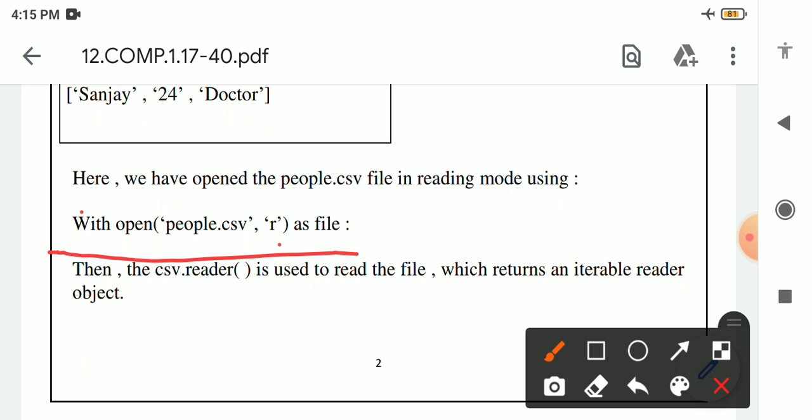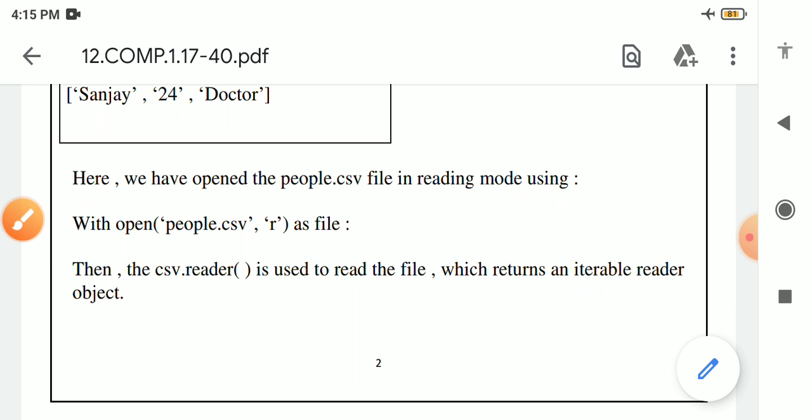First with is written, then open, then inside the parentheses people.csv, the file name, then R, the mode, as file, the file object or file handle, and at last a colon. Thus csv.reader is used to read the file, which returns an iterable reader object.